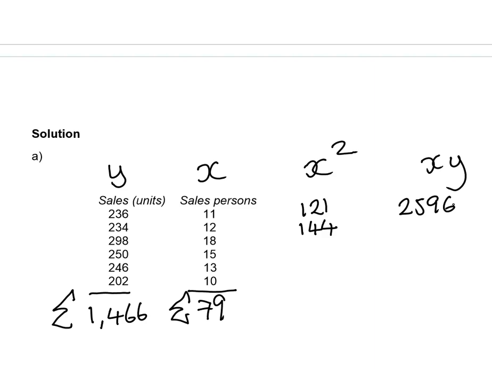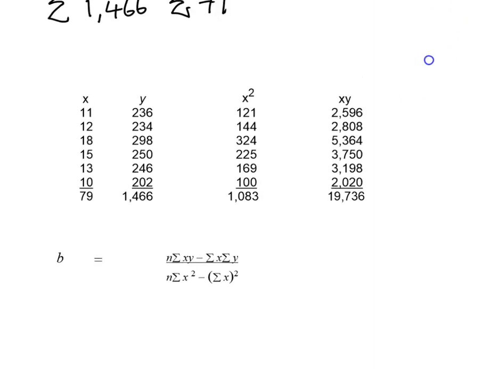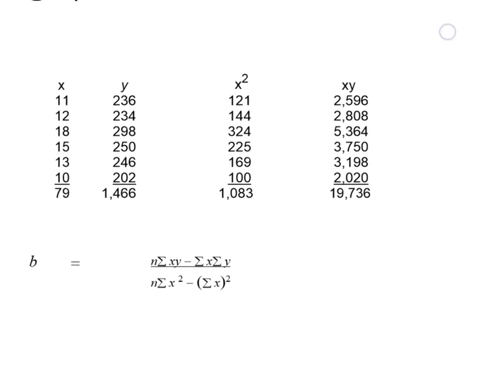And then 12 multiplied by 234, we've got 2808. If we go on to one that I prepared earlier, we have our columns. These have been added up, all 4 columns,